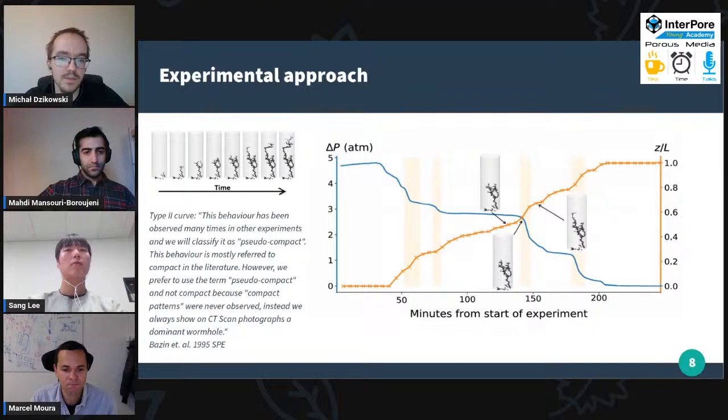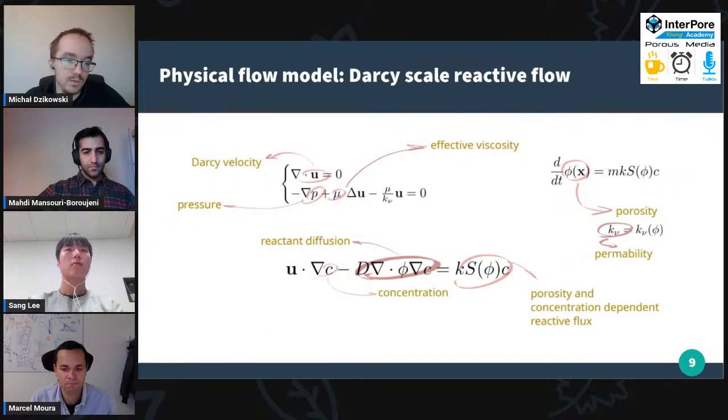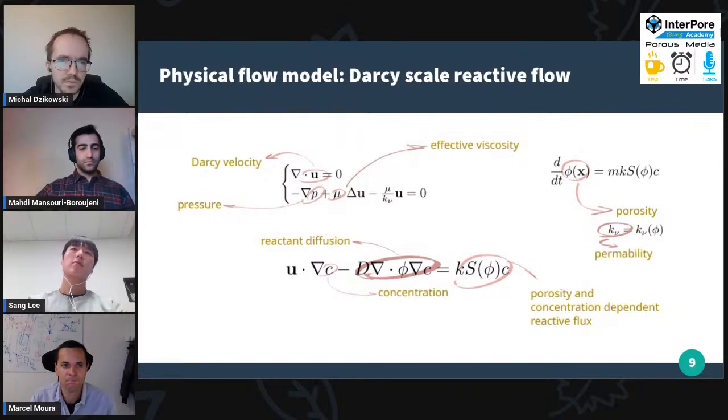We suspect that's an effect of those highly non-permeable areas that needed to be passed for the pressure to fill it. So we wanted to try to recover that behavior in numerics based on the CT data of this sample. We took the CT scan of this sample and tried to recover that in numerics. We used a simple Darcy scale reactive flow model. So we assume that the flow and reactant transport is